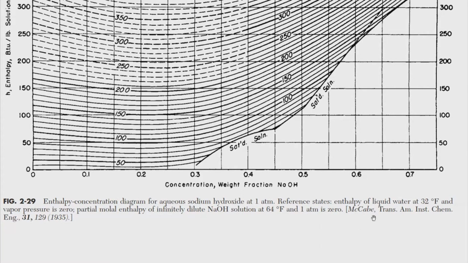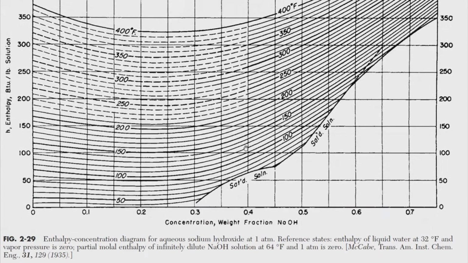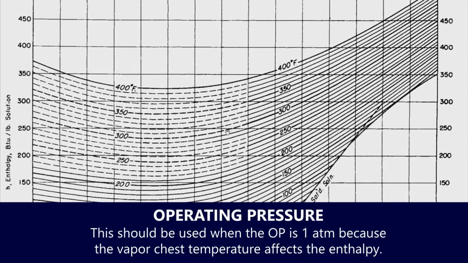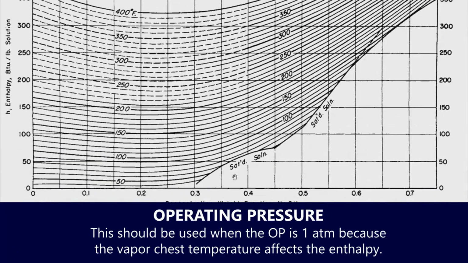So this was taken from McCabe, and of course with permission from them, or from him, I don't know. Now this is very important. You can use this chart only when the total pressure is 1 atmosphere. Actually, some of the books use this even when the pressure is not 1 atmosphere, but it is clearly stated in this Perry's Handbook that this is a diagram for sodium hydroxide as an aqueous solution with 1 atm as the operating pressure. That is because